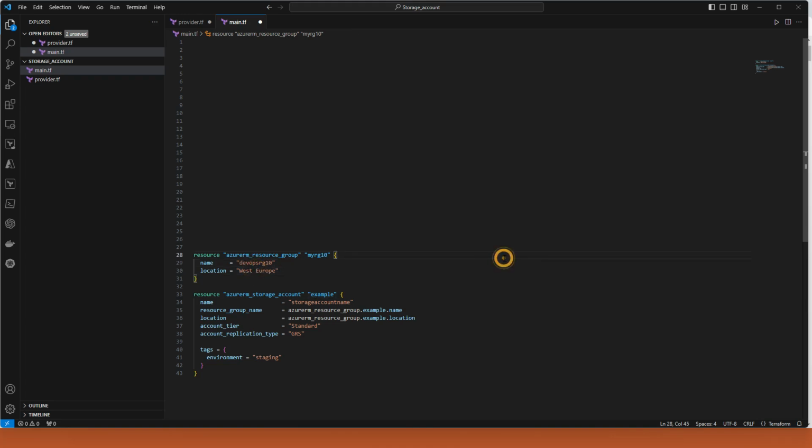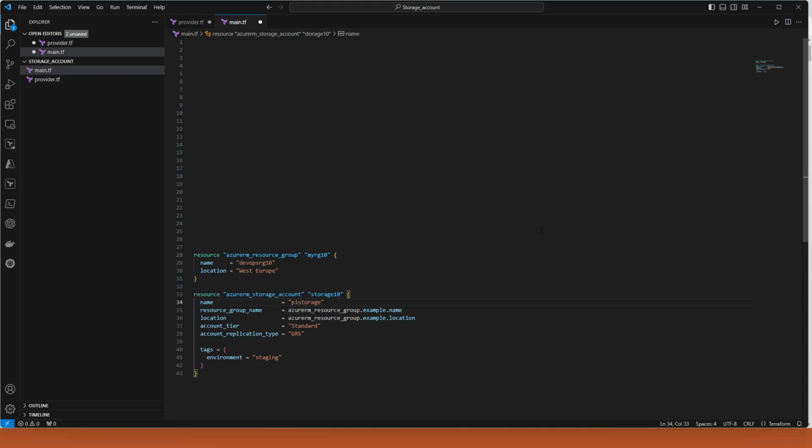The storage account name, this is your local name, you can give storage 01 or 10, whatever name you want. In my case, storage,